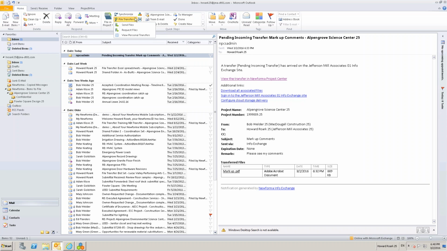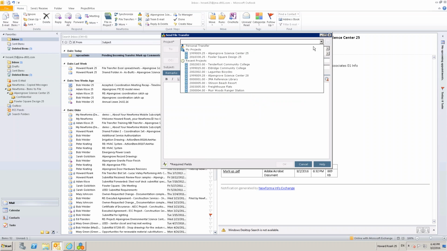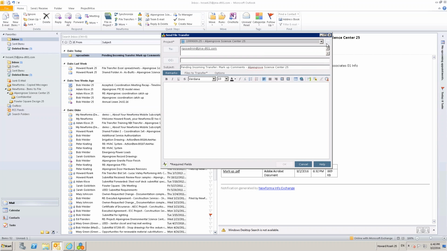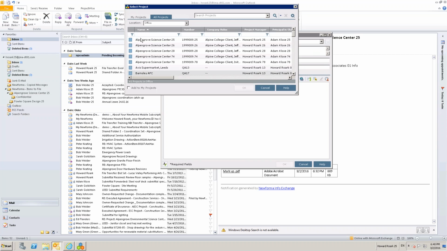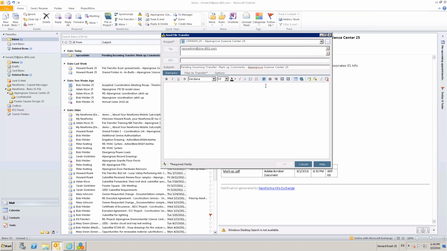Now, the first thing you need to do when sending files is you'll need to select an associated project. So again, select from your drop-down menu there to choose either of your My Projects there, any of those recently worked on projects. And again, you can use the three dots here to browse out if you need to access the full list of projects for your company. So go ahead and select the project that you need to